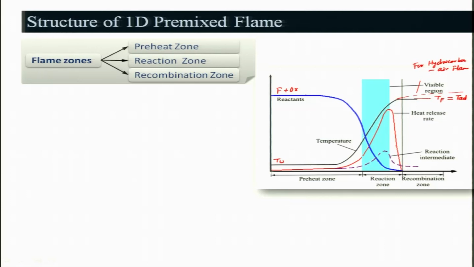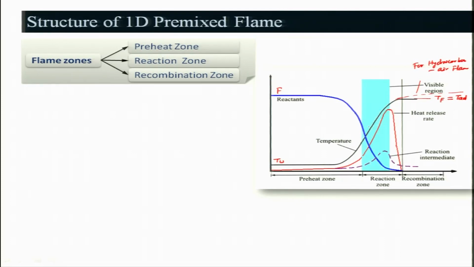Both profiles will be similar, okay, if not the same. That means one can be the fuel profile, the other the oxidizer profile. I can say this is basically the fuel, and it goes on and then decreases, and it remains almost 0, it is 0 at the recombination zone. The heat release is occurring in this region, and there will be intermediate reactions occurring in these regions.